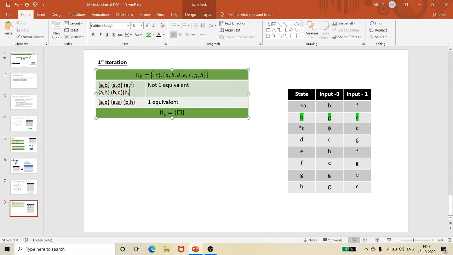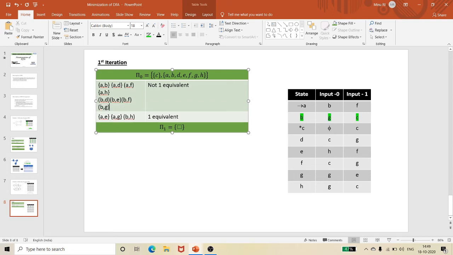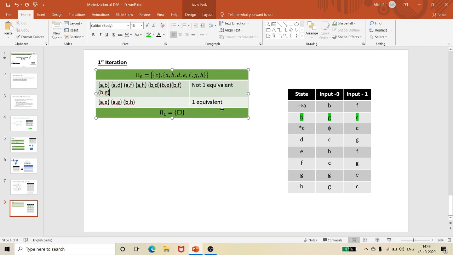B with F is not going to be equivalent, and B comma G is also not going to be equivalent, because they all belong to some different set.